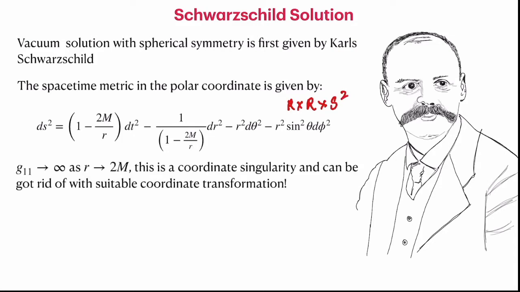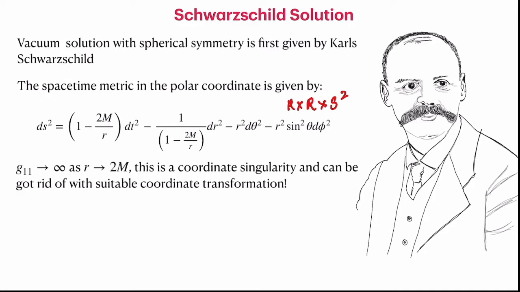Now you can see immediately from the metric that the metric component g00, the dt² coefficient, goes to 0 as r goes to 2m. So here again I would like to impress upon you that we use the unit of mass to measure the distance. We can use time as well, because we have set G = 1 and c = 1. This allows us to use one unit to measure space, time and mass. So this is why we measure distances in terms of m.